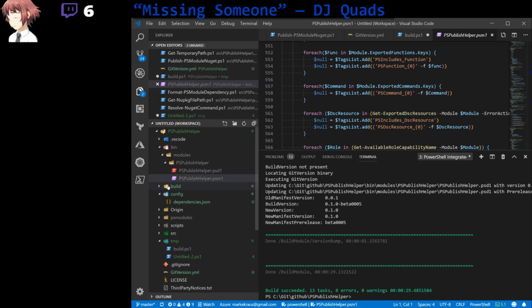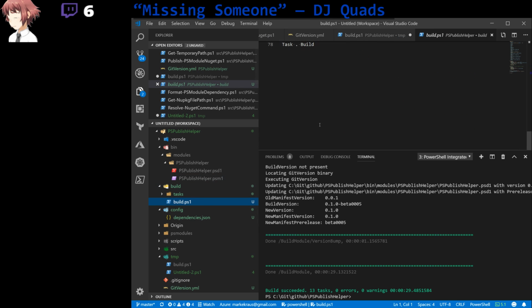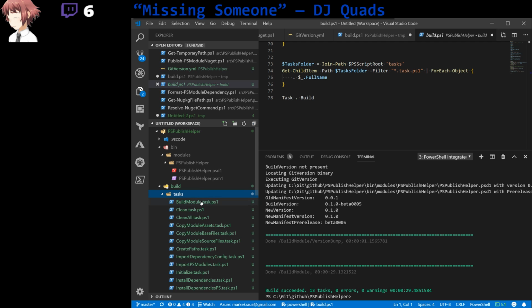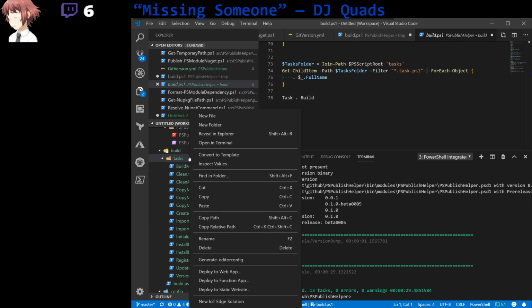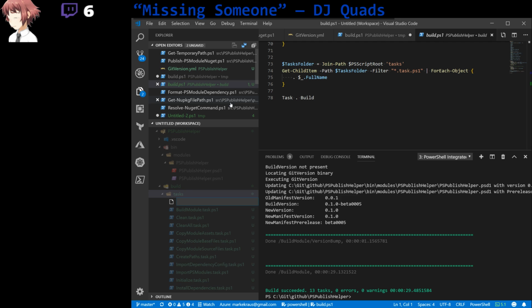So we're going to edit the build.ps1. Actually, no, we're going to add a new task. That's what we're going to do. In tasks, we're going to create a package module. I'm trying to think. I try to stick with the PowerShell approved commands for doing this kind of stuff. I really wish there was a package command. That makes most sense. Compress doesn't really work. New is really what's used, or publish. So I'm going to use publish